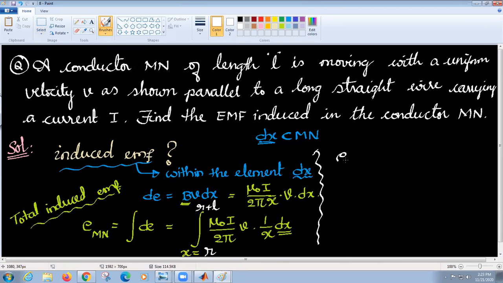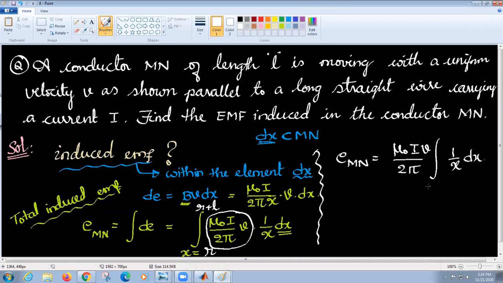Okay, so the total induced EMF across MN is this integral. The constant mu naught I by 2 pi v I can bring out. So you have 1 over x dx, which integrates to ln x.